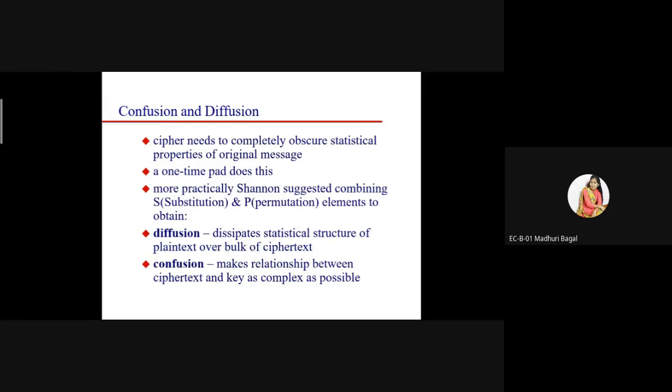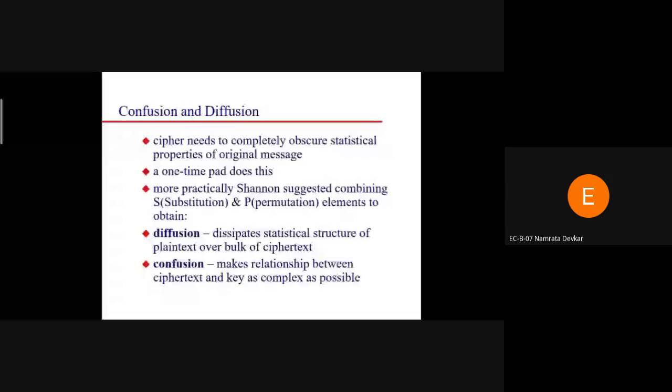Okay, have you understood the concept of confusion and diffusion? Is there any confusion to understand these two concepts? No confusion? Okay, so once again keep in mind, diffusion can hide the information between our plain text and ciphertext, and confusion can hide the information between ciphertext and the key.